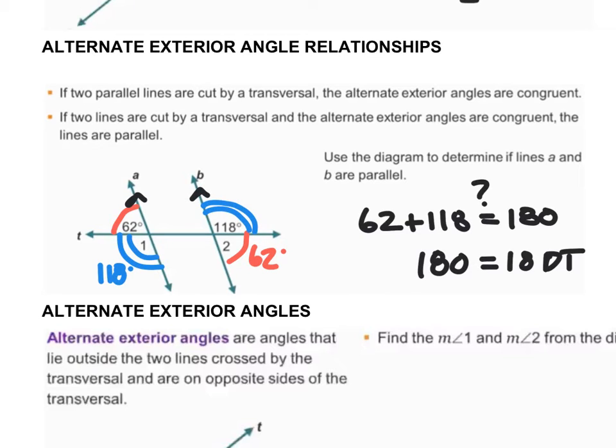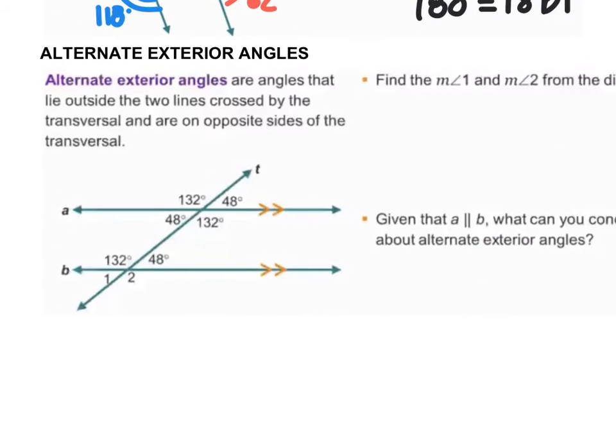So if we're given that the lines are parallel, we know that these relationships work, but sometimes we have to test the relationships to see if the lines are parallel, all right? Let's take a look at some of these. All right, so knowing